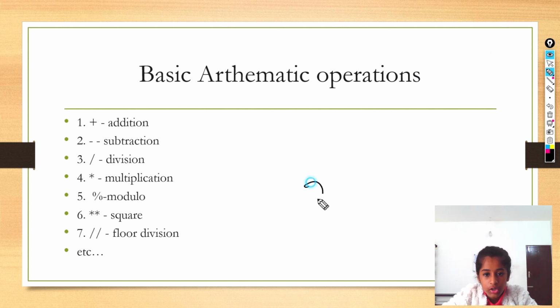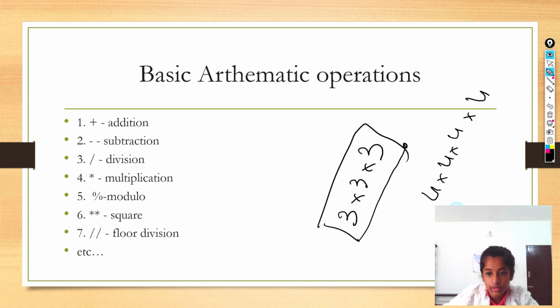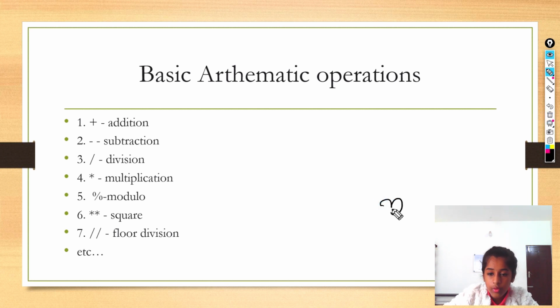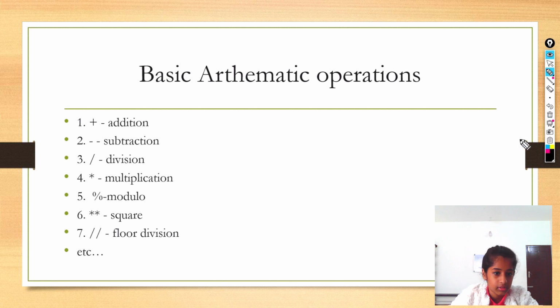Can you tell me what you get when you multiply 3 into 3 into 3? This is basically a square. Suppose you think 4 into 4 into 4 into 4. So what is 2 square going to be? 2 square means 2 into 2. You might have a doubt. Now, what is 3 square? You cannot think it's 3 into 3. No, it's not going to be 3 into 3. 3 square is going to be 3 into 3 into 3. The number multiplied by the number itself is called a square.